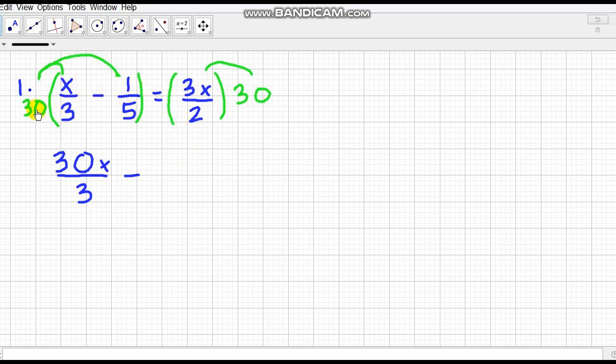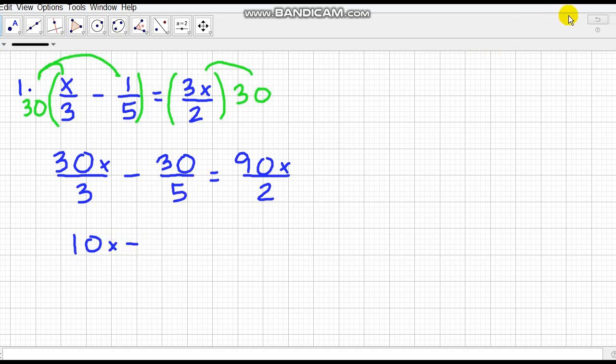Take note that we're multiplying both sides by 30, so the 30 gets multiplied by the numerator. So 30 times 1 is 30 over 5, equal to 3 times 30, that is 90x over 2. From here, we divide: 30 divided by 3 is 10x